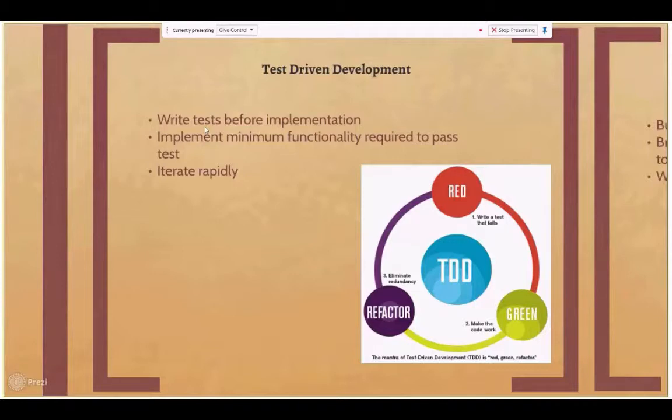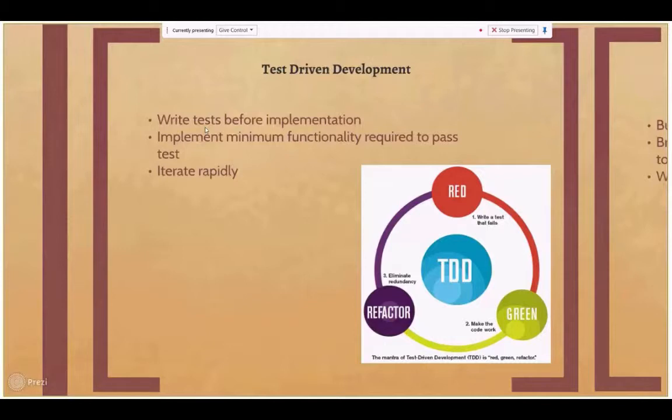So the first thing you do is you write a test that fails. I'm writing a new commandlet, a new function. I'm going to write a test that just validates the very bare minimum of what that function should do. Once I have written that particular test, then I can go out and implement it until the test passes. So you make the code work. From there, you can refactor. That means to change your code in a way so it's easier to understand, eliminate redundancy, increase maintainability, that kind of stuff. And since you have this test already in place,